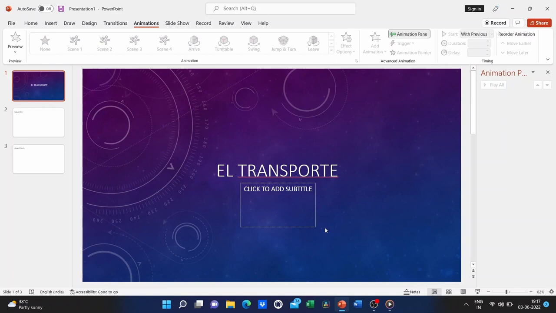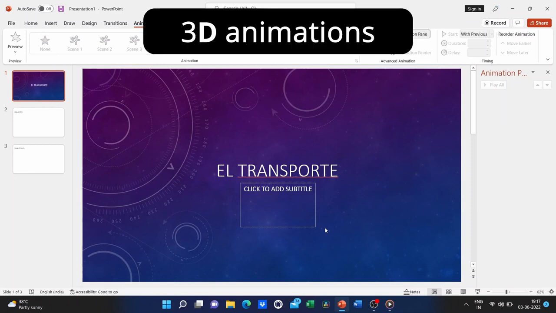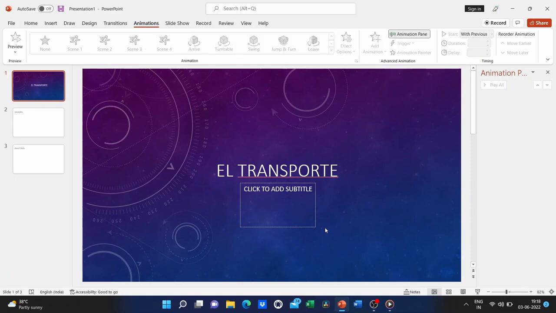In this PowerPoint tutorial, I want to show you one of the newer features in Microsoft PowerPoint, and it has something to do with animation, the 3D animation. It is a feature that you get in Office 365. It might also appear in other versions of PowerPoint. If you don't see this in your version of Office 365, you might just need to do an update to get the option. So, let's look at 3D animation in PowerPoint.